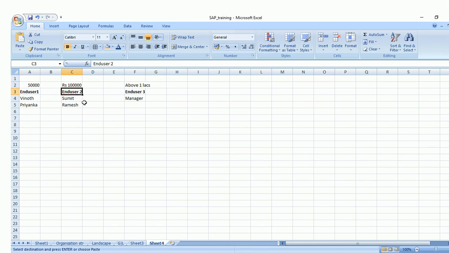So in end user group 2, they have again a set of people where they can post any transaction which is above 50,000 till 1 lakh. They can post this. Then we have above 1 lakh transaction, whatever is more than that, first it will move to the manager.